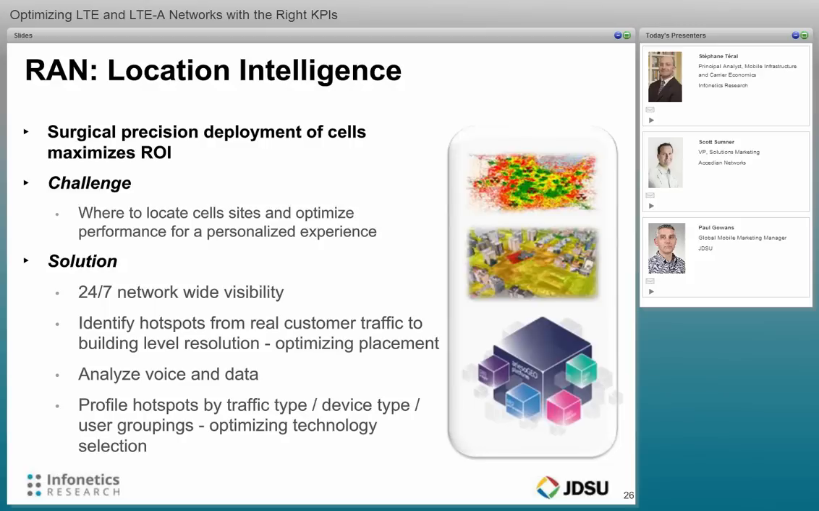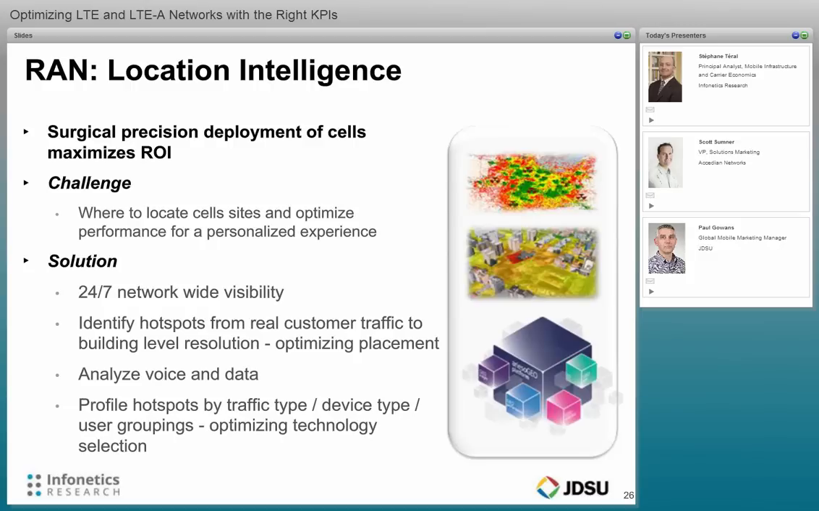Yeah, thanks very much. Looking at this end-to-end model, I'm just going to go out and in. If I start off at the radio access network, one of the key things here is getting geolocation data. For example, say you want to deploy some small cells. Knowing precisely where you need to position them is fundamental to delivering a personalized experience. So where to locate them,